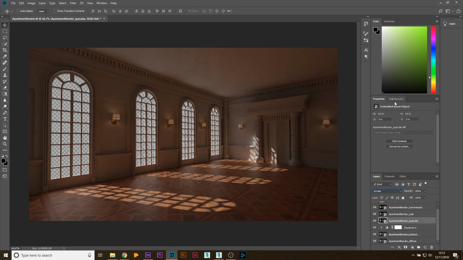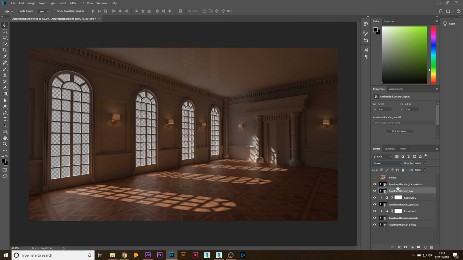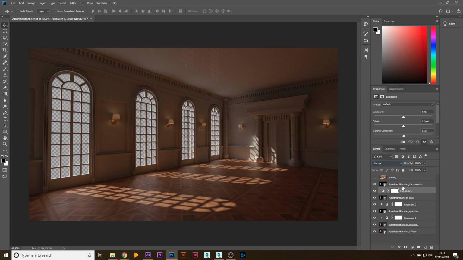The specular, let's do the same. Add an exposure in, and you can see what that does. That's intense. So maybe I want that to be about here. So I'm just showing you the examples of how to rebuild the scene. So let's go to exposure again. Let's do that for the coat. And you can see,